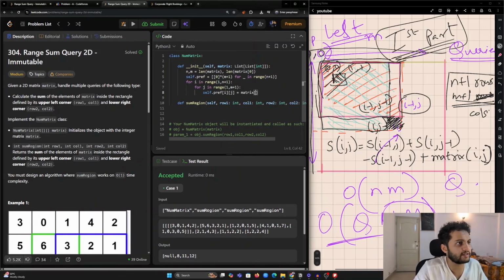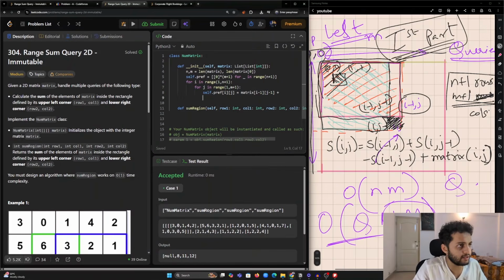So the matrix of I, because it's one indexed, I'll write I minus 1 comma j minus 1, plus self dot prefix of I minus 1 comma j, plus self dot prefix of I comma j minus 1,